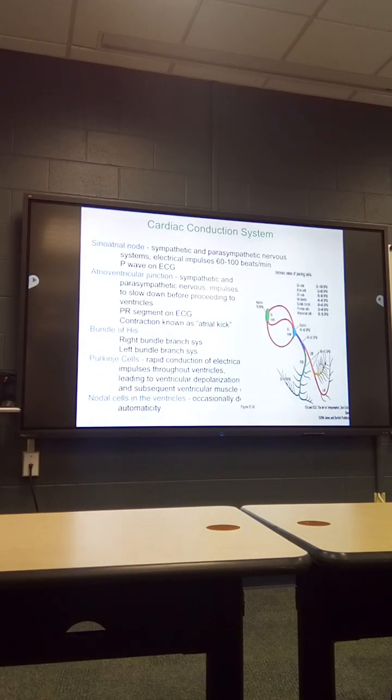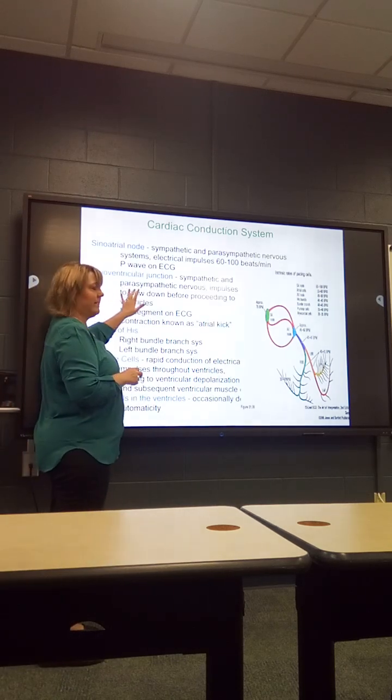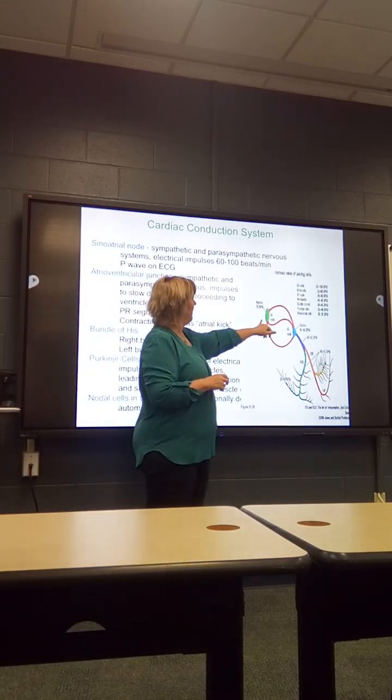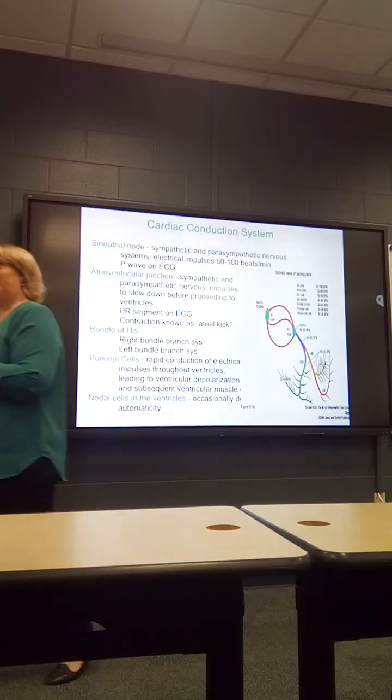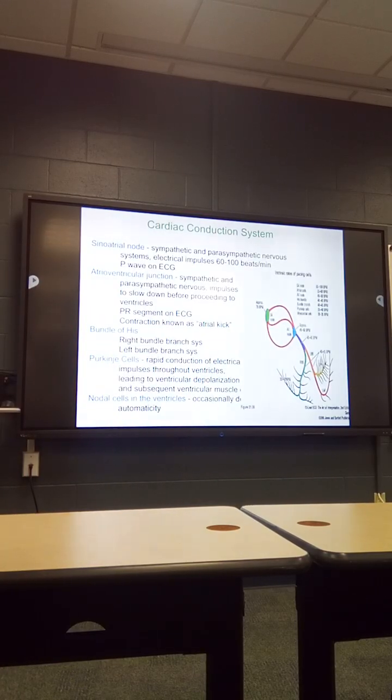This is probably a review because I think you did this last semester. The sinus node is our lead. This is the one that sets our heart rate. As you go down the electrical system, the rate gets lower. So the SA node is usually at 60 to 100. That's normal, right? But maybe the AV node is starting that heartbeat or contraction, and if that happens, usually the heart rate lowers. As you go down through the electrical system, your heart rate is lower